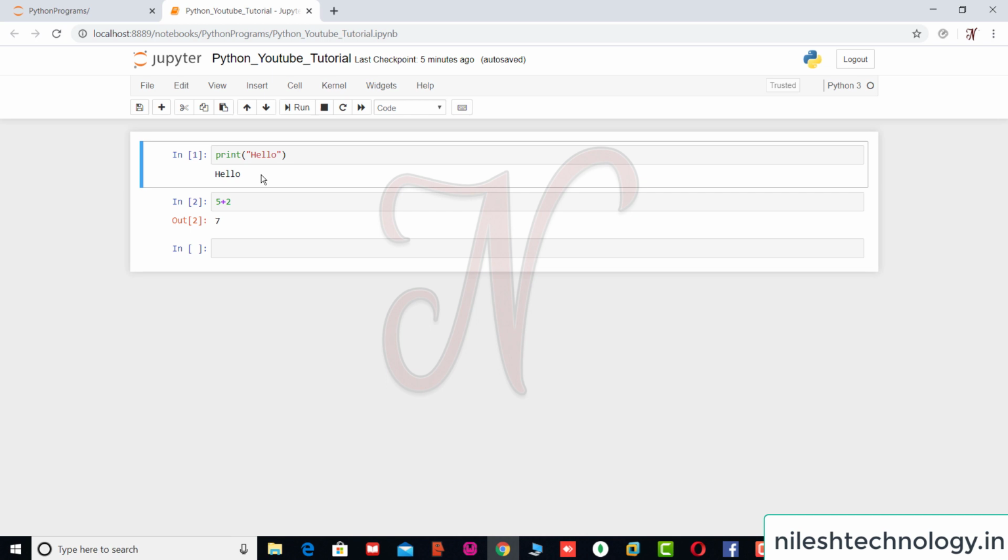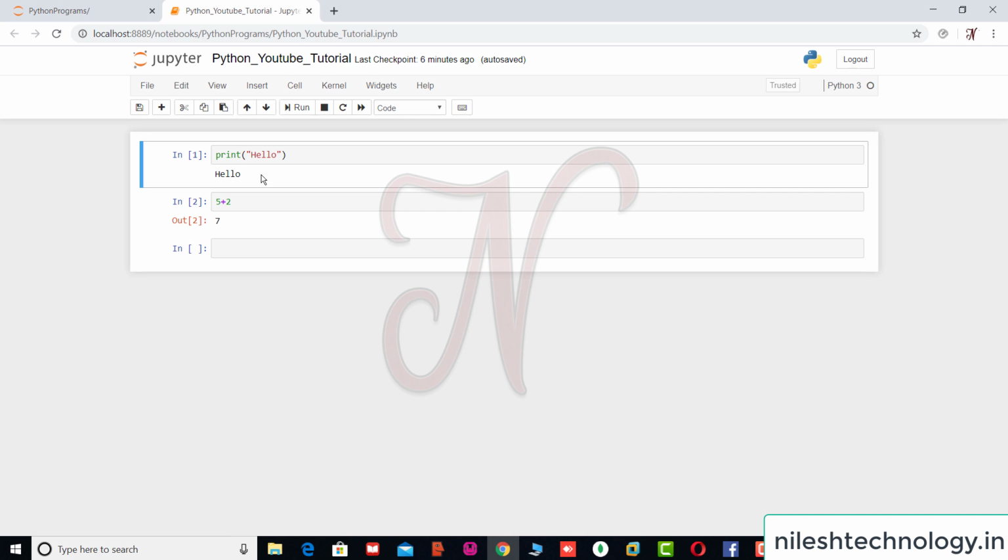You can close this Jupyter notebook, and next time you open this Jupyter, you have all this content, meaning all these 10 to 20 input and output commands are stored in this notebook editor.